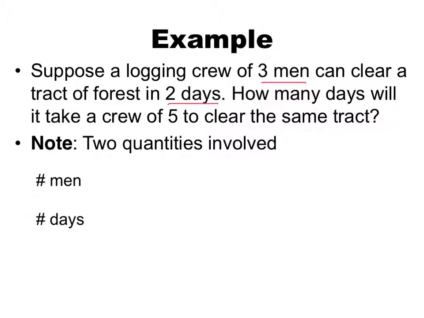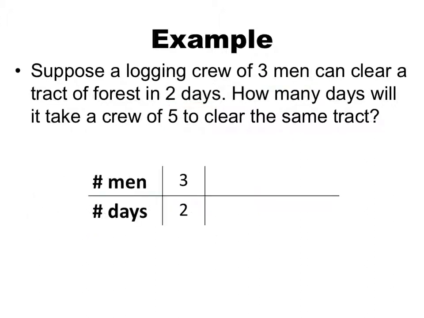Now let's think about, are these quantities directly proportional or inversely proportional? Well, the way we can answer that is to think, what would happen if I doubled the number of men? Would that double the number of days needed to clear the tract, or would it cut that number in half? Well, if we've got more men working and they're all working at the same speed, then it seems like it would take less days. So if we double the number of men, we would actually halve the number of days. And so that tells us that these two quantities are inversely proportional. Okay? If they're not directly proportional, they're inversely proportional. Okay? So once we've recognized that we have an inverse proportionality relationship, we can use that idea to solve our